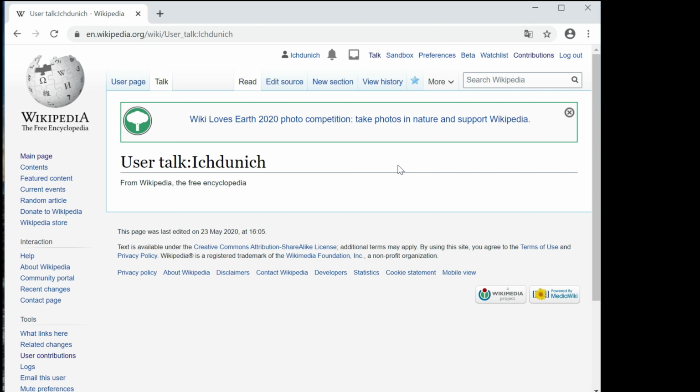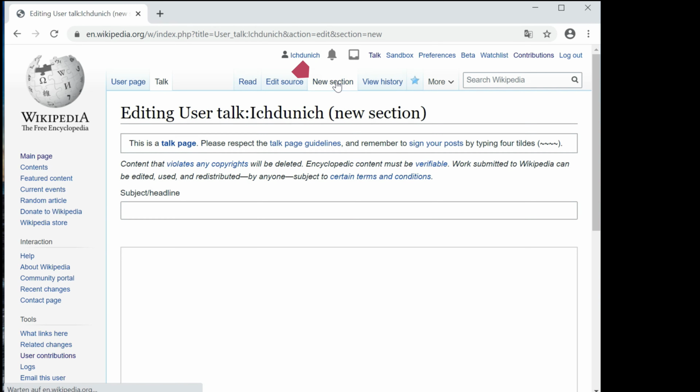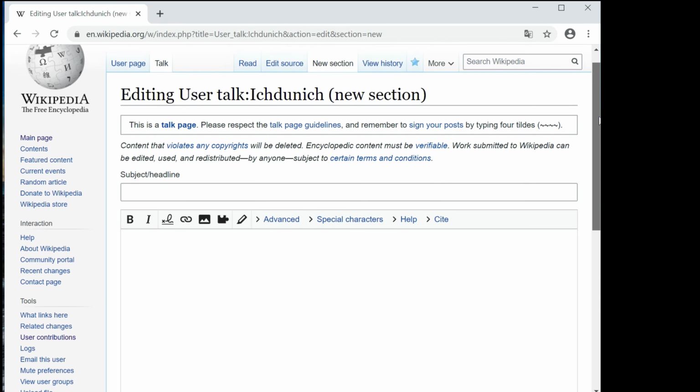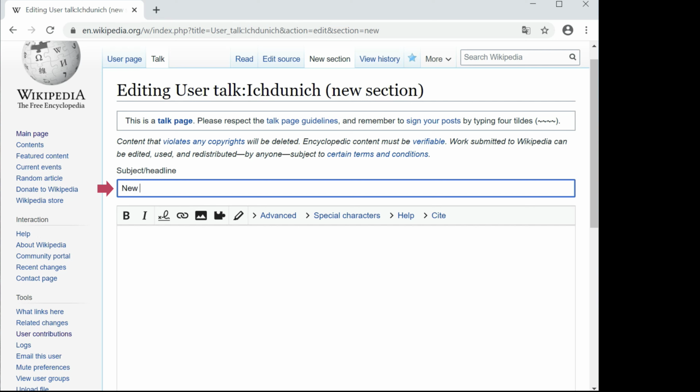And in order to add a new section, I hit the new section button and the edit window will open. So I have two boxes, one to fill in the subject headline, which is new message, and then I go below to the edit window and I write my message, which is hello there,